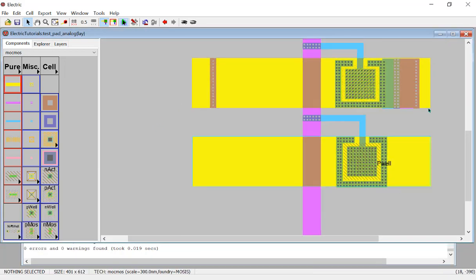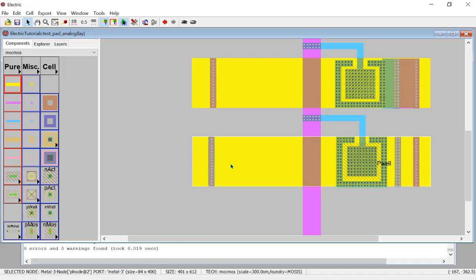So just do the same thing to this one. I will copy. If you do not press Control, it's hard to select this guy, right? See, I cannot select this metal 1 to metal 2 connector. You have to press Control at the same time to do the job. So let's place it here and place this here, and the same thing here. It doesn't have to be accurate, right? So make sure it's being